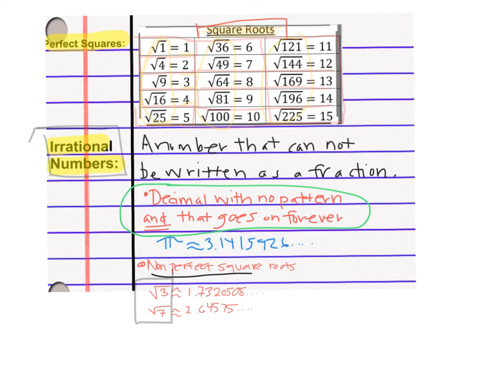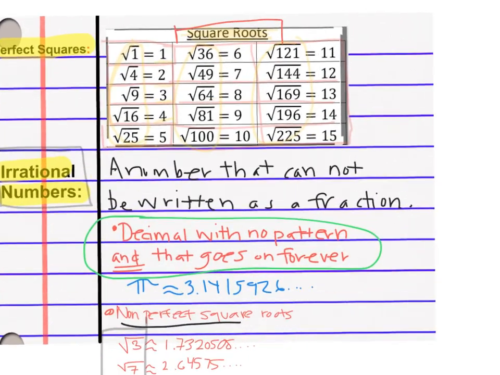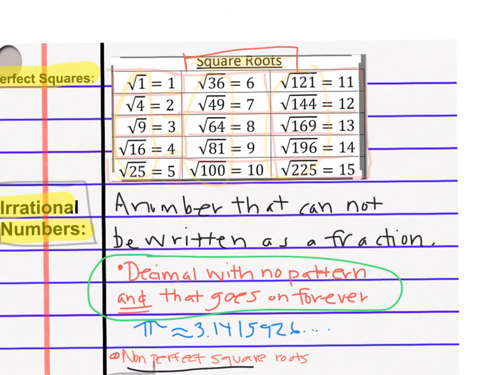Look back at my notes. When you use this chart, you are looking at the numbers underneath the square root. So I'm looking here: 1, 4, 9, 16. I do not see a 6. I'm not looking at this 6 here; I'm looking at the numbers under the square root. Since 6 is not under the square root, it is not a perfect square. So it is